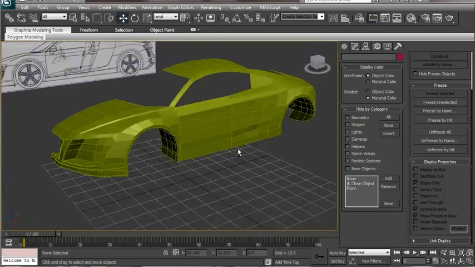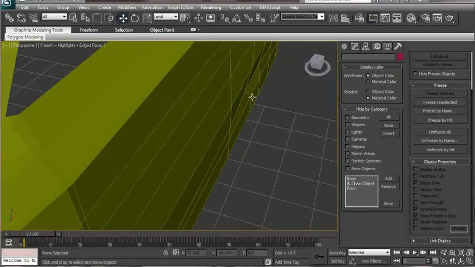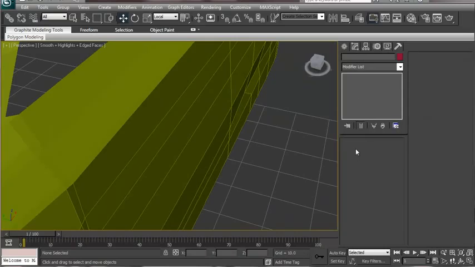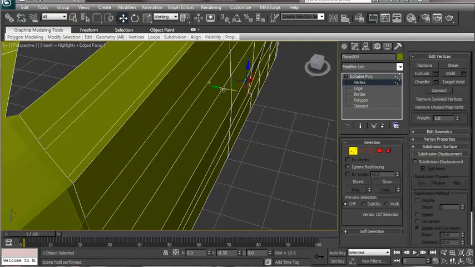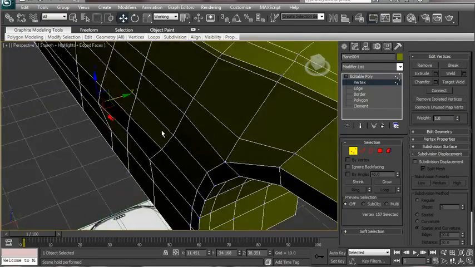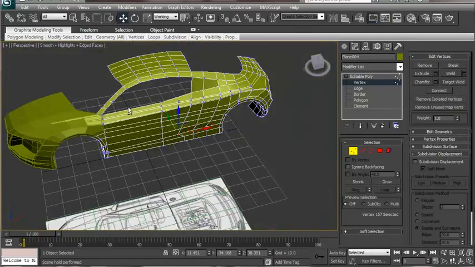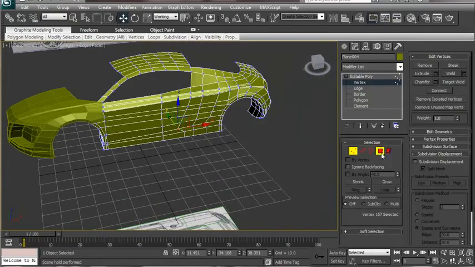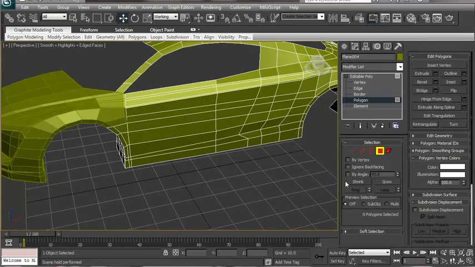So let's get started. Before modeling the door, I would want to make some small adjustment to the vertex over here. Just bring it out, and that's better. Now what we can do is let's go into the polygon mode, and let's go into the side view,